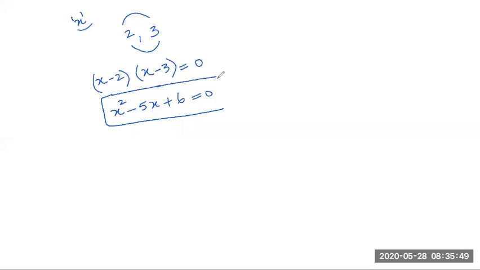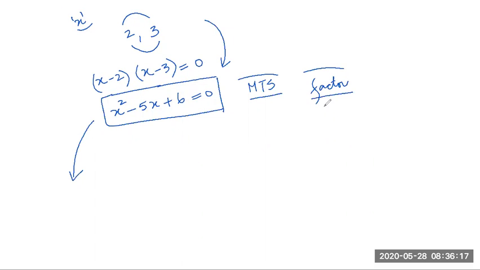We have gone, like in reverse engineering, from back to front, and now we will go front to back. Means, suppose this quadratic polynomial is given, how can you apply middle term splitting to find its roots? Middle term splitting is always done to find the roots of the equation, or you can say to factorize the equation. We want to know its factors. Why do we want factors? Factors help us find the roots of the equation.